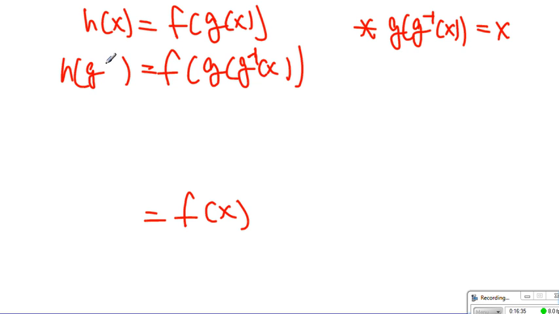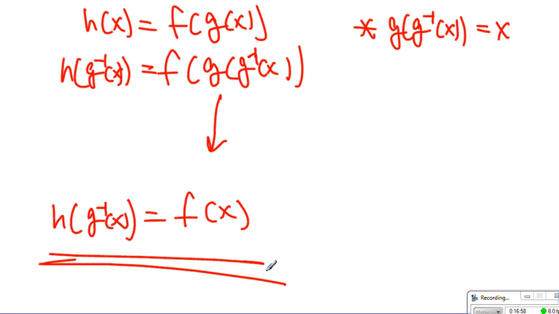and then same here, the inverse of g, then the original function g and the inverse of g will reduce into f of x, and on our left side we'll end up getting h of g inverse of x. That's basically what we end up getting, and this becomes our first relationship. All right,